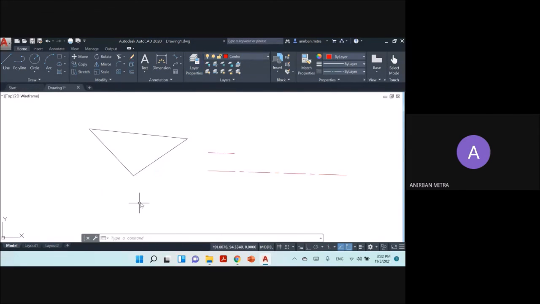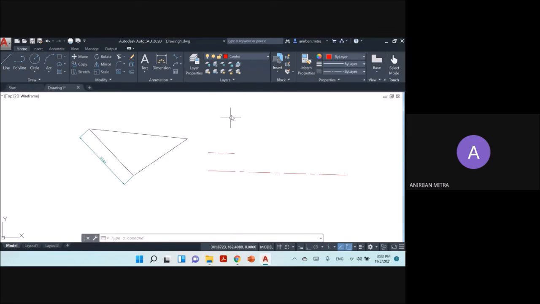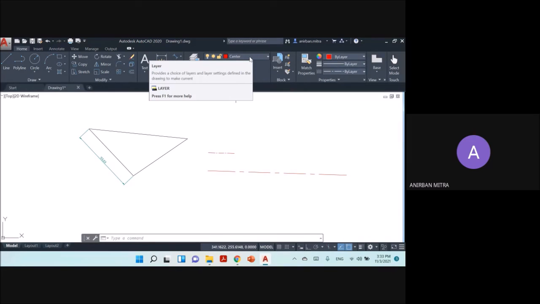And for this freeze state, you can see that outwardly it seems like I have switched off the layer. The dimension has gone. It's not being shown here. But again, here the information is retained. If I click here, the dimension comes back. So, what is the difference? Visibly, there is no difference between the switch on, switch off, and freeze and thaw of a layer.